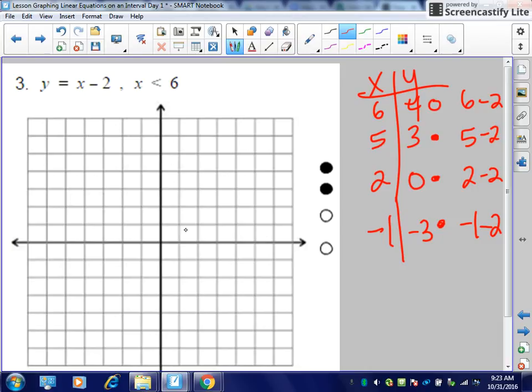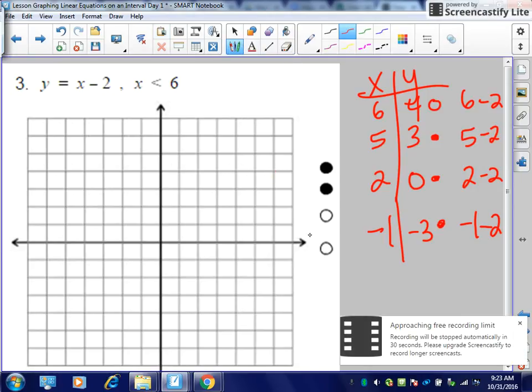Okay, so I'm going to start at 6. So I'm going to go right 6, up 4. And that one actually needed to be open. So let's see, erase. Need to do an open circle there. And then 5, 3. And then I had the 2, 0. And then I had -1, -3. And then if I would have connected that line,